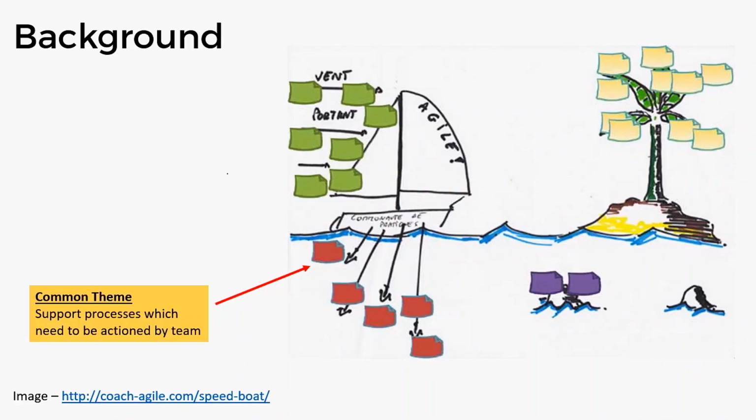So if you imagine one of these things, we hadn't really planned up front for all the onboarding and offboarding of users, because you're really focused on business features, whereas that tends to be a bit more of a behind the scenes thing. What happened was all these processes just slowed the team down, because you're spending time dealing with these, not delivering things with business value. So what I was thinking was, some kind of investment in automation around some of these would be a really good way of freeing up our team to do things that we want to do rather than things that get in the way.